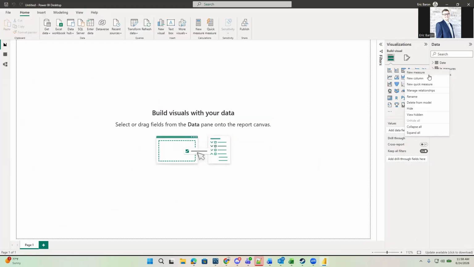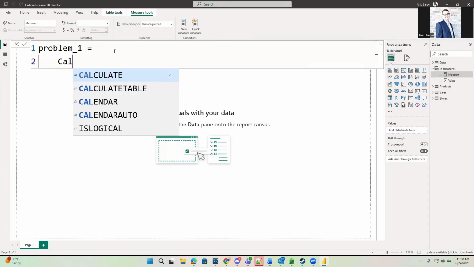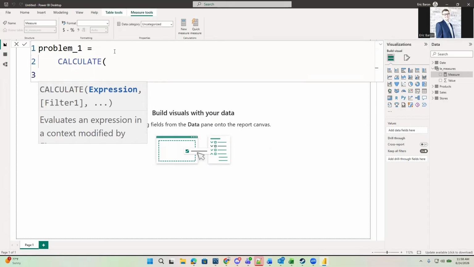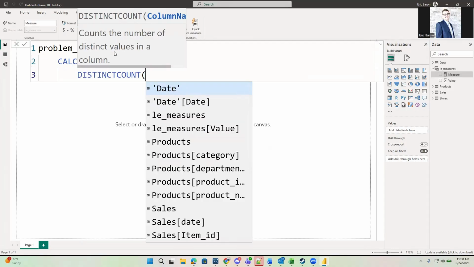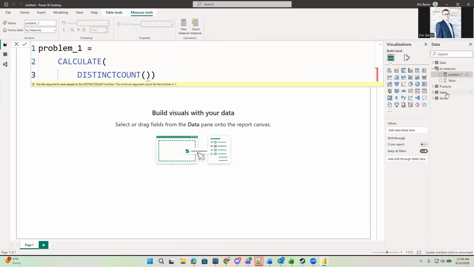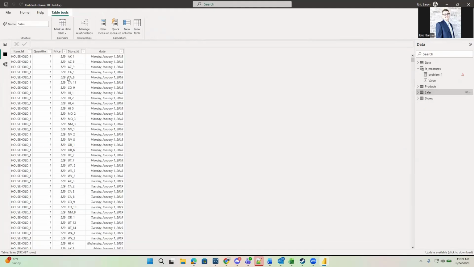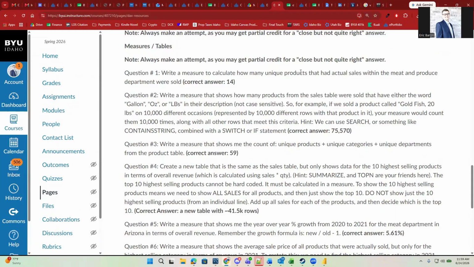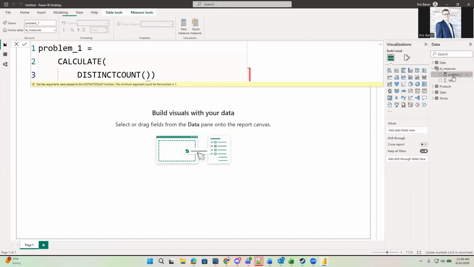So if I go new measure, I want to calculate the distinct count of, and it said that had actual sales. So I'm going to close this for a second and just go to my sales table. And I want to see what my sales table looks like. I have item ID. It says unique products. Item ID is a product. So I think we're good. We don't need to add any fields to solve this. So we're just going to distinct count on item ID